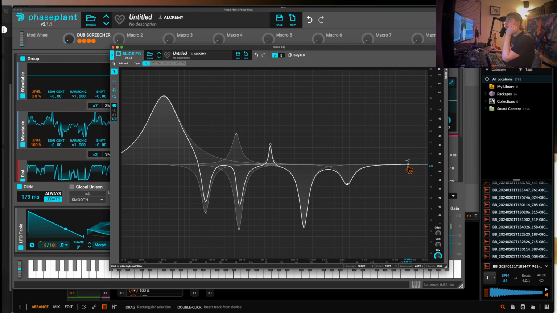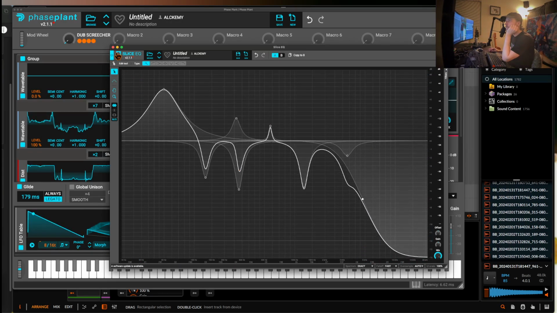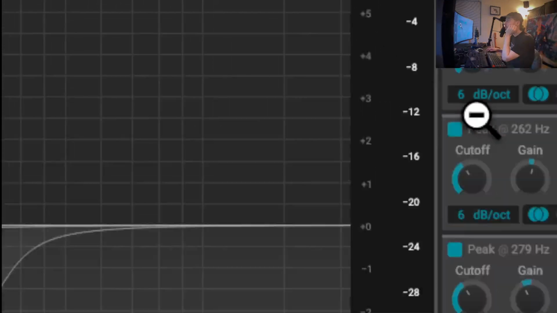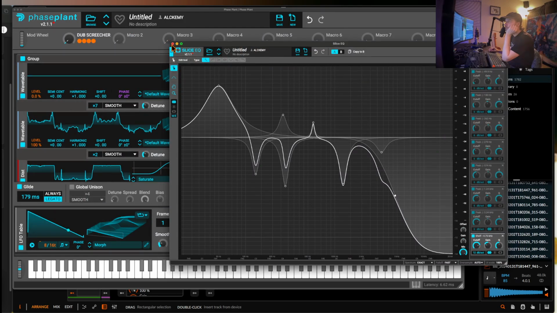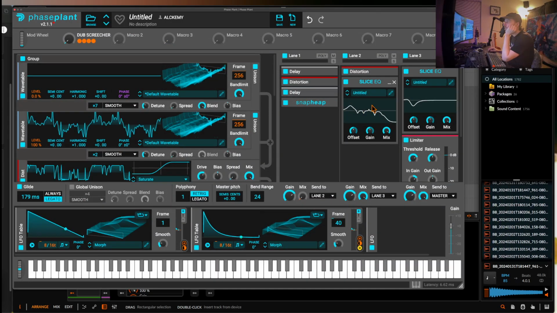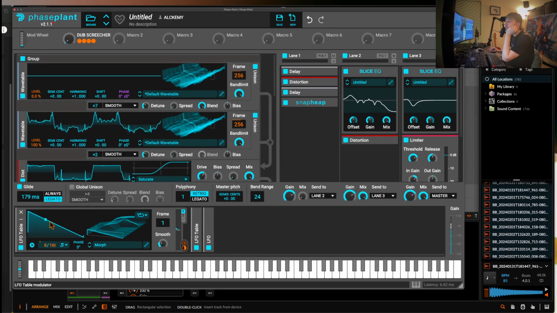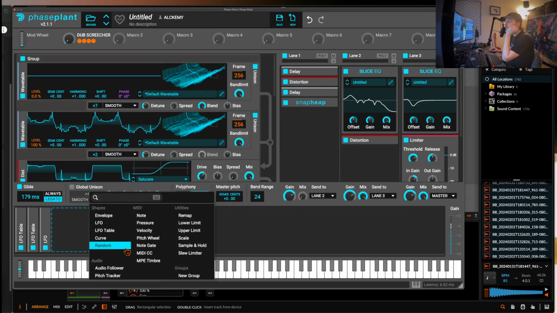And just for funsies, we are going to grab one of these guys. I used to be that person that was like, yo, you can come in here and move all of these. And sometimes I still do, but it's not worth it. Don't worry about it. Let's put this before the distortion. And what we can do now is close these guys and create,